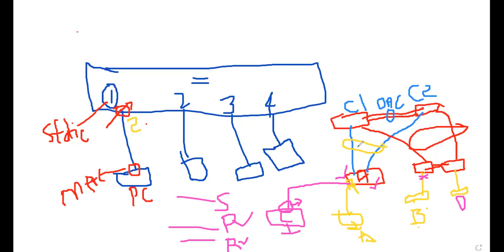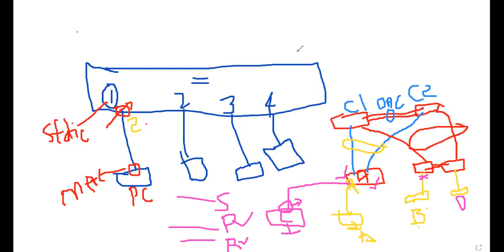So we will configure that specific MAC address on this port. Then only can you connect, and you need to connect the specific device to the specific port. You cannot connect it anywhere. There are some sorts of guidelines or policies.